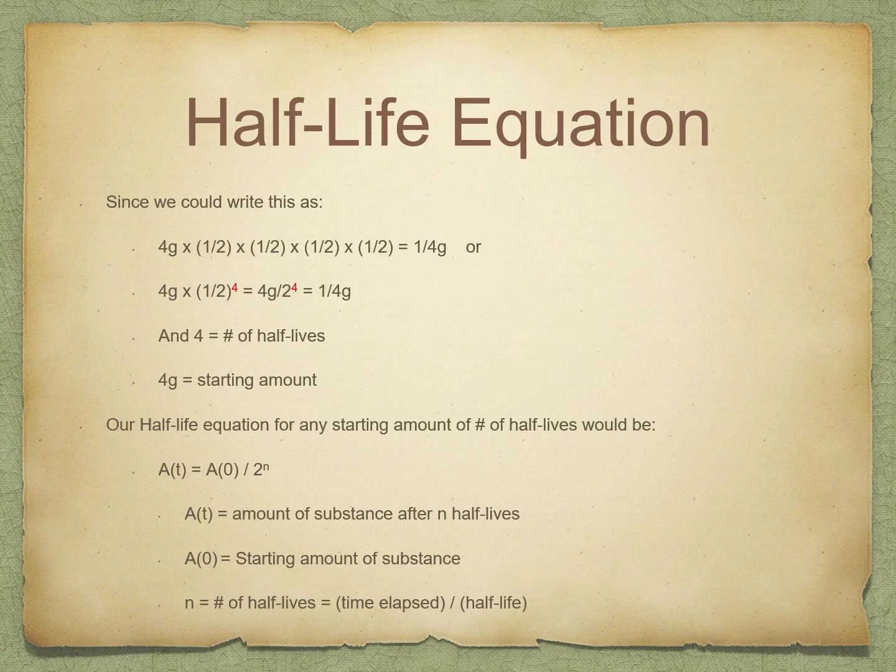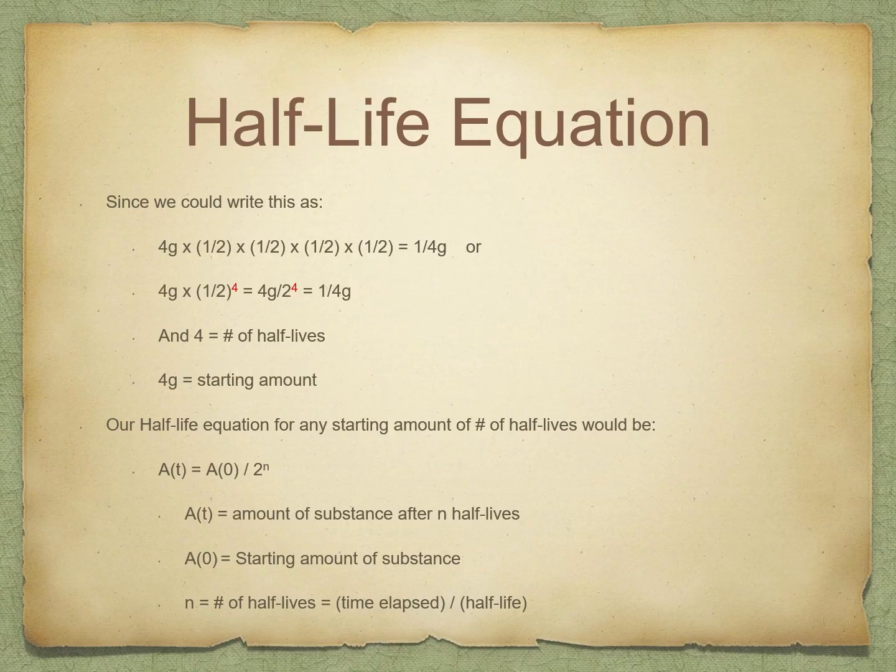That number 4 in the exponent refers to the number of half-lives that have occurred. So we are seeing here that there is a way to express the number of half-lives and the starting quantity within an actual expression. Now, these numbers are for that one problem. If we actually take what these numbers are representing, those 4 grams being the starting amount, that exponent of 4 being the number of half-lives, and our final quantity of 1/4 gram being the remaining amount, we can replace these with more general variables,